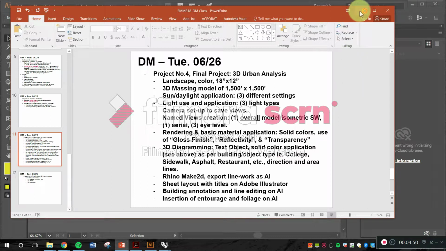So that's what we have for today. Notice that these are the requirements for the final project. It's a couple of prints. As you will see, I have decreased the number of prints that